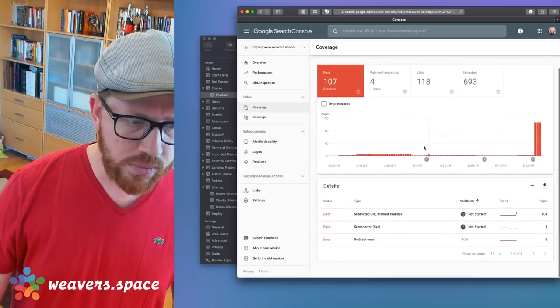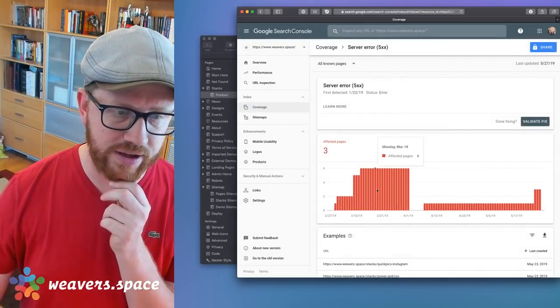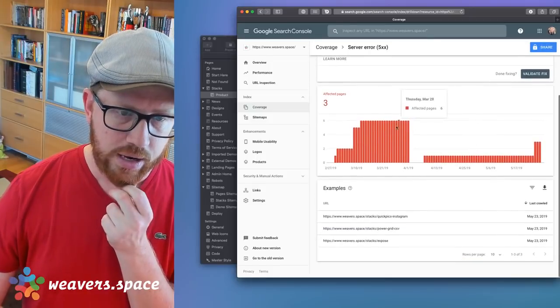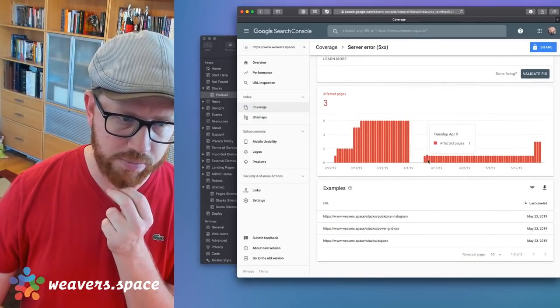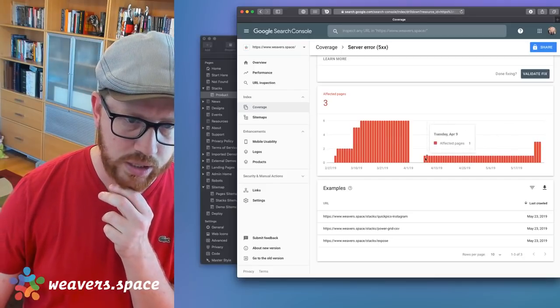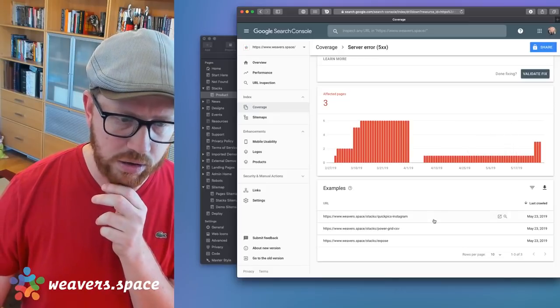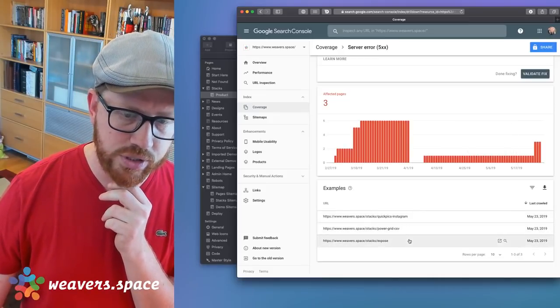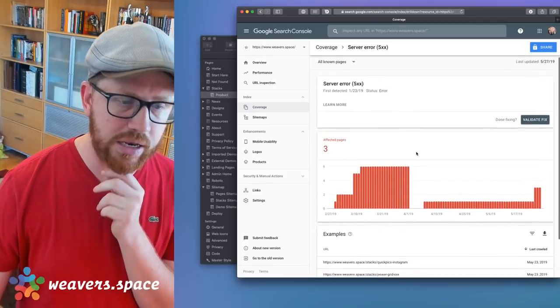Now, there are other pages. There's now 3 pages that have this server 500 server error. Okay. Now, if you notice, I went from this down to here. You'll notice when I started playing around with more SEO Search Console, it was during April, so I fixed a lot of it. And there was one error. I now found 3 different errors on these 3 pages, and it says there were server 500 errors,